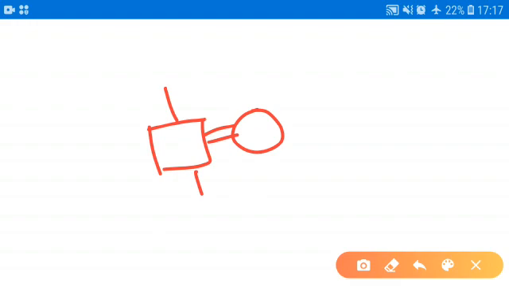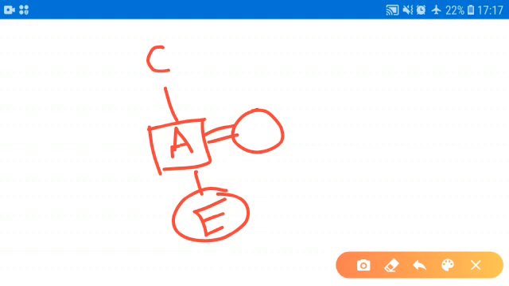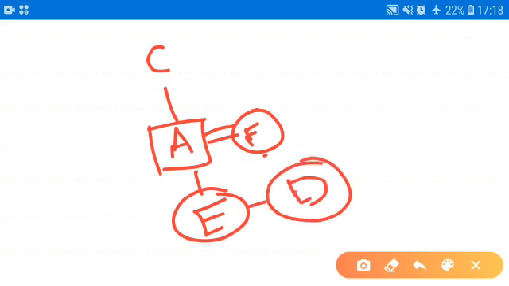A is the son of C, so this could be A, the son, and C could be like this. We don't know whether C is a man or woman. And E is a daughter of A, so this will be the representation for the daughter of A. Now D is a daughter of F, who is the mother of E. So the mother of E will be A's wife. So F is the mother of E. Understood? And D will be the sister of E. This is the relation.